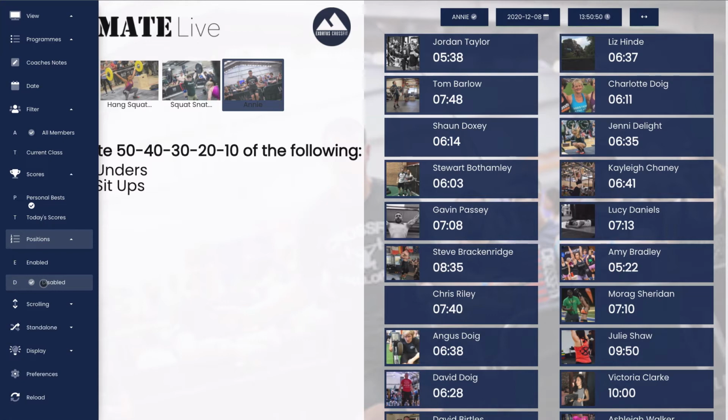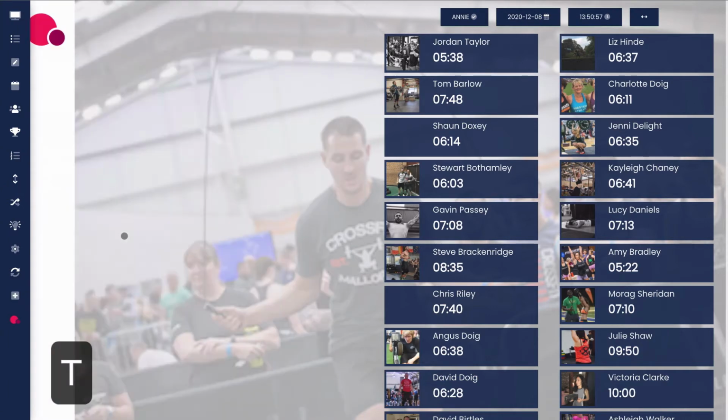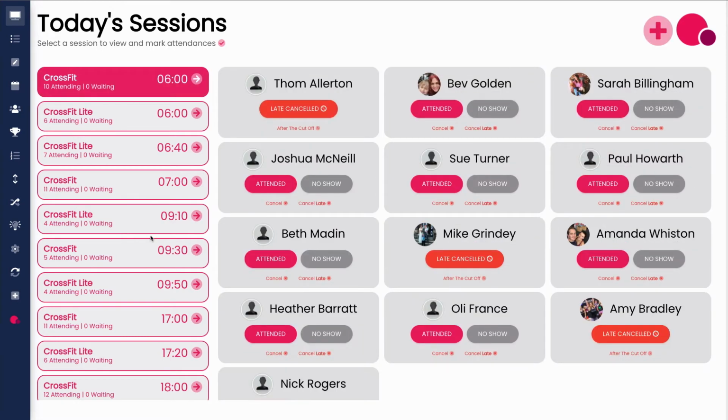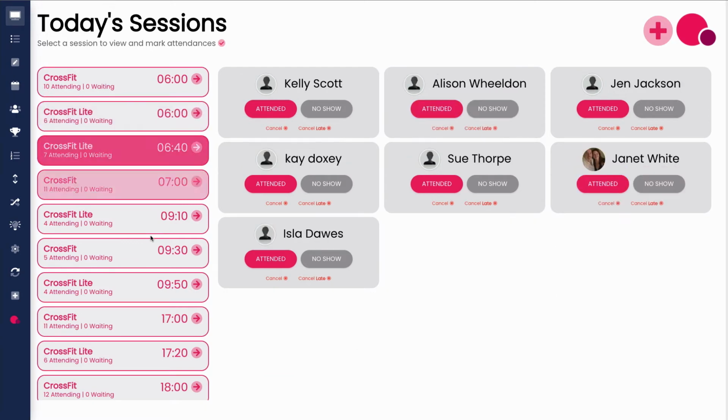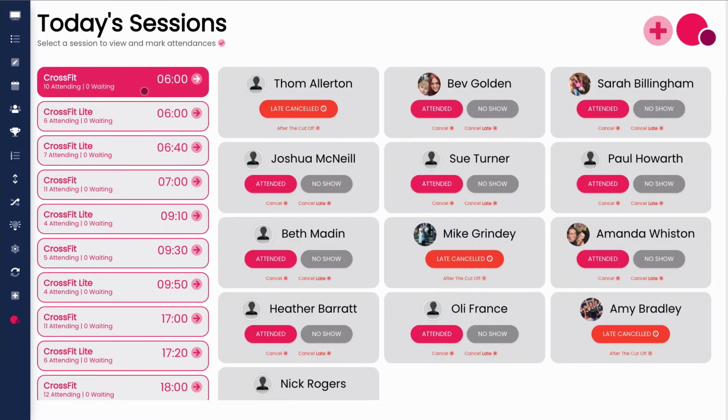The TeamUp integration in Live gives you and your members the full kiosk experience. You can simply press T, click the TeamUp logo, or use the list icon on the remote to pull up today's sessions. From here, you can navigate through sessions using the up and down on the keyboard or remote. Then you can view attendances for each session. You can mark members as confirmed or no-show, cancel them from the class, and even add members to a session